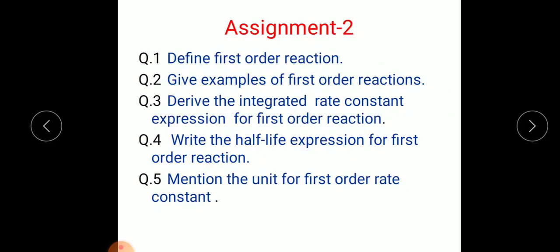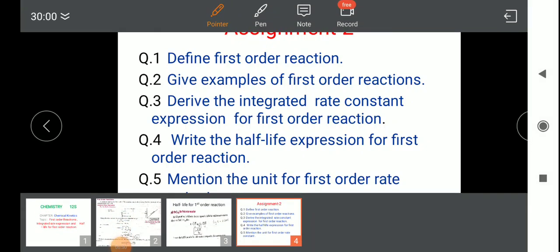Now the assignment for today, assignment 2 for your selection exam. Question number 1, define first order reaction. Question number 2, give examples of first order reactions. Question number 3, derive the integrated rate constant expression for first order reaction. And question number 4, write the half-life expression for first order reaction. And last one, mention the unit for first order rate constant. So complete this assignment and send it in my